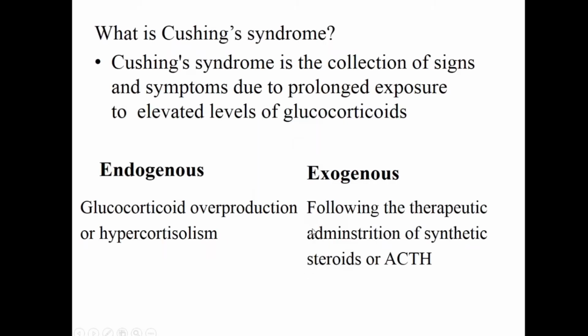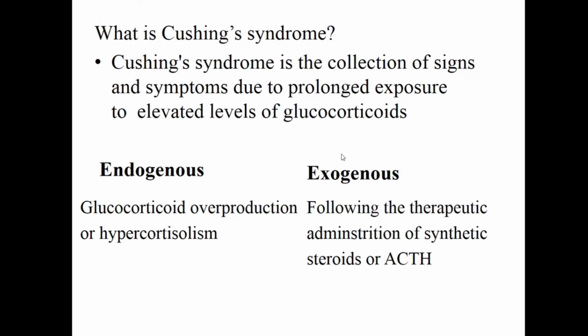So what is Cushing syndrome then? Whenever we use the word syndrome, it means that it is a constellation of signs and symptoms. So it is not a single entity. When you talk about syndrome, this is definitely a collection of signs and symptoms due to any reasons. In Cushing syndrome, it is a collection of signs and symptoms due to prolonged exposure to an elevated